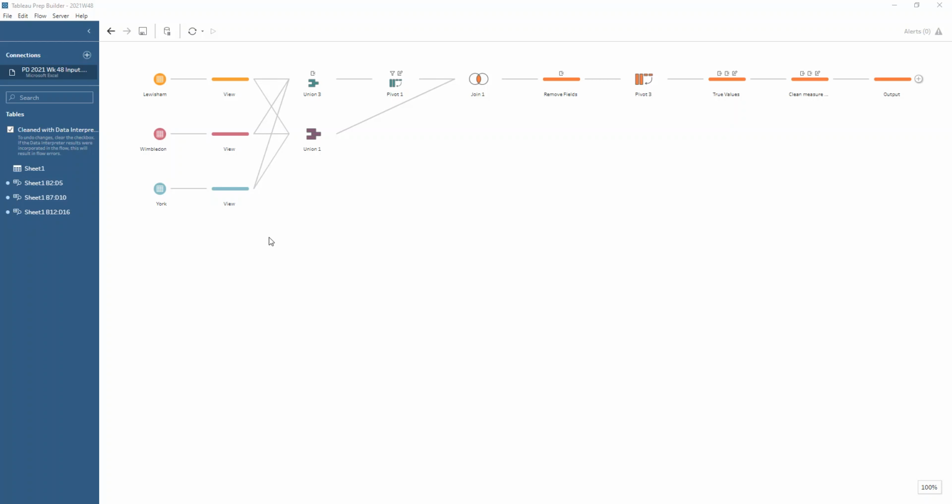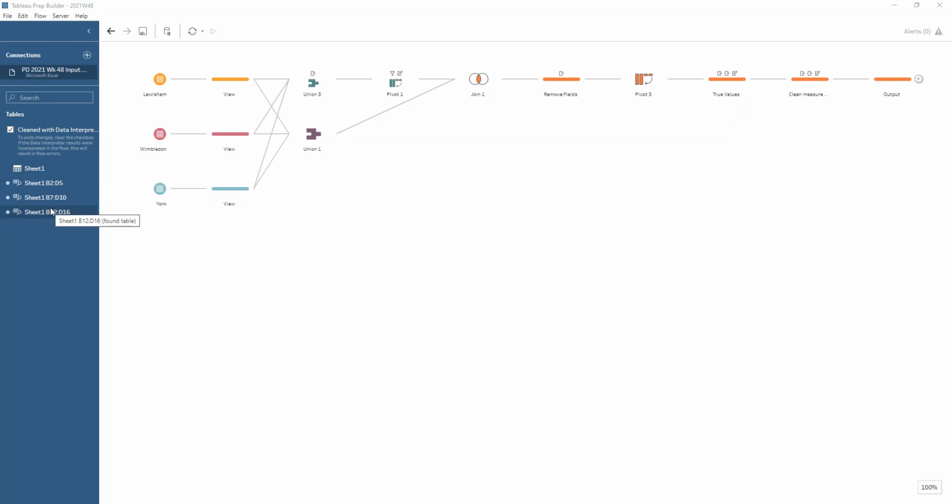Welcome to the first challenge of this departmental December month. So we're working with the finance department's data for this challenge. The first thing that we really need to do is to make sure that we've got the data interpreter box checked over on the left-hand side in the data connection pane so that we get these three